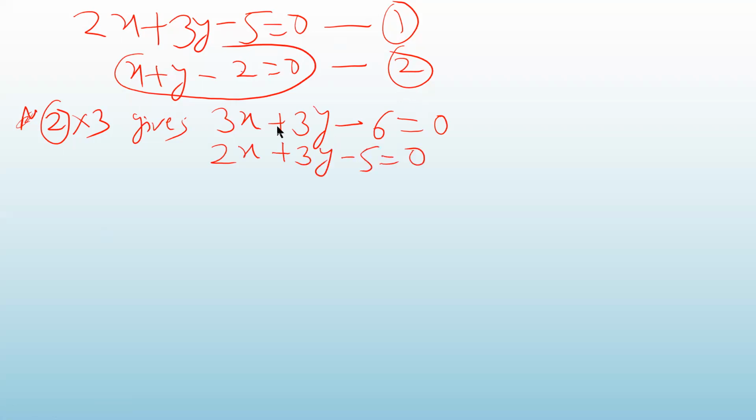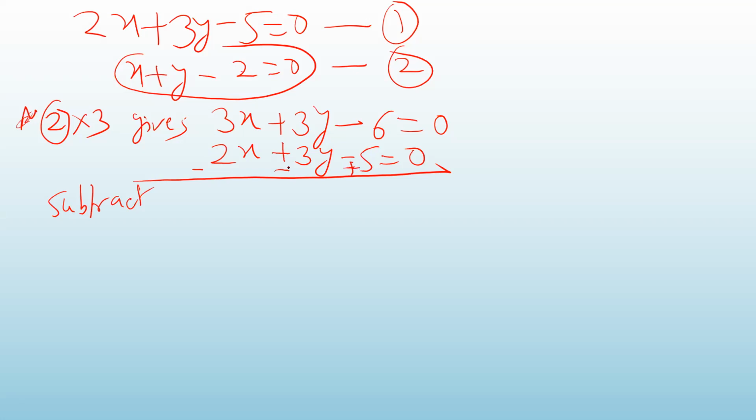Okay. Now I have to eliminate. Why I made them same? So that I can eliminate y. So what I will do now, I will subtract. When you subtract, what happens? The sign of the second equation will change. Each term will change, sign of each term. So this term has sign plus, it will become minus. This has plus, it will become minus, and this has minus, so it will become plus. And of course, 0 has no sign, so you don't have to change it.